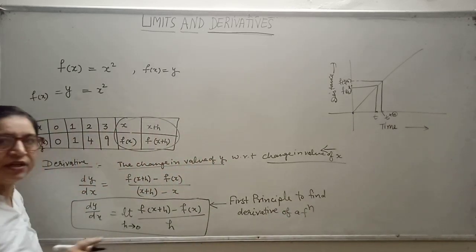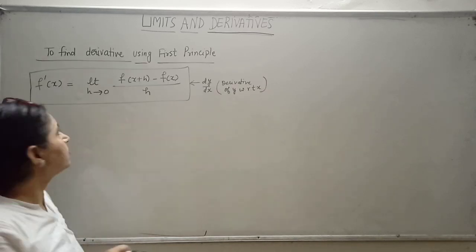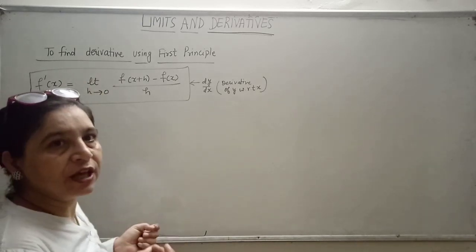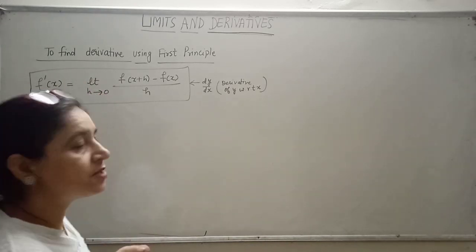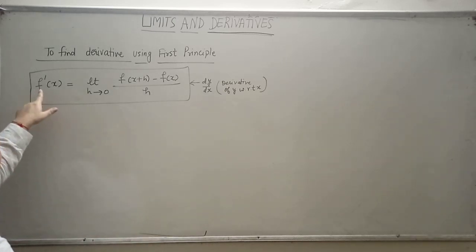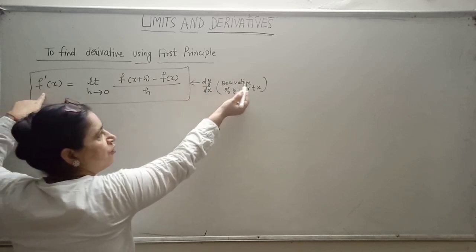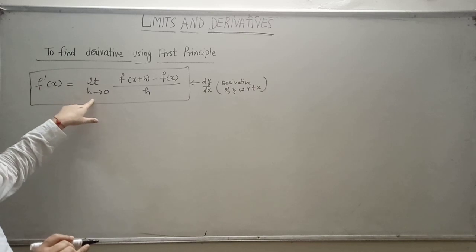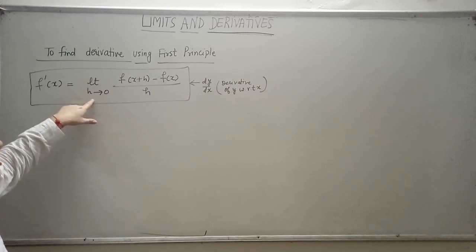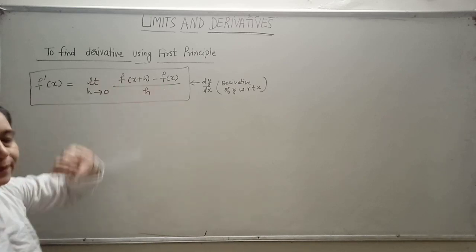Okay. So let us now try to find the derivative of a few functions. Students, now we will find the derivative of different functions with respect to x by using the first principle. We represent it by f dash x. f dash x means dy by dx, derivative of y with respect to x. Now, as I told you just now, it is limit h tends to 0, f(x plus h) minus f(x) upon h. You have to learn it.